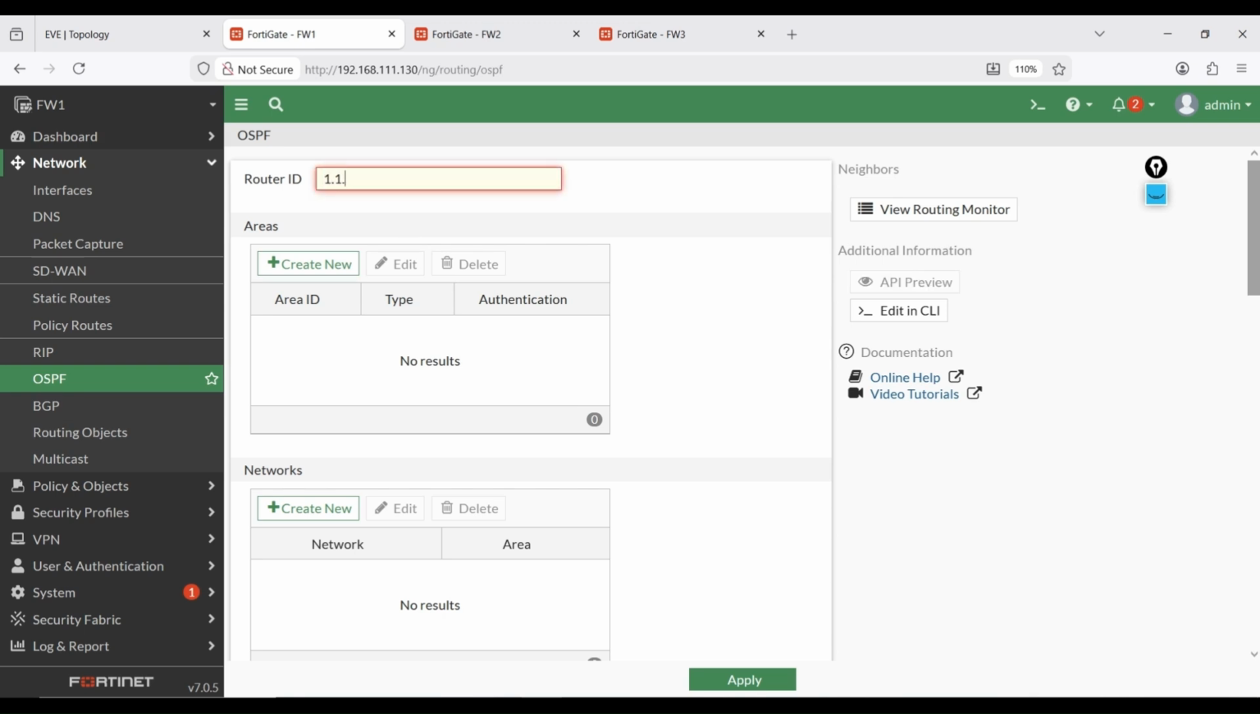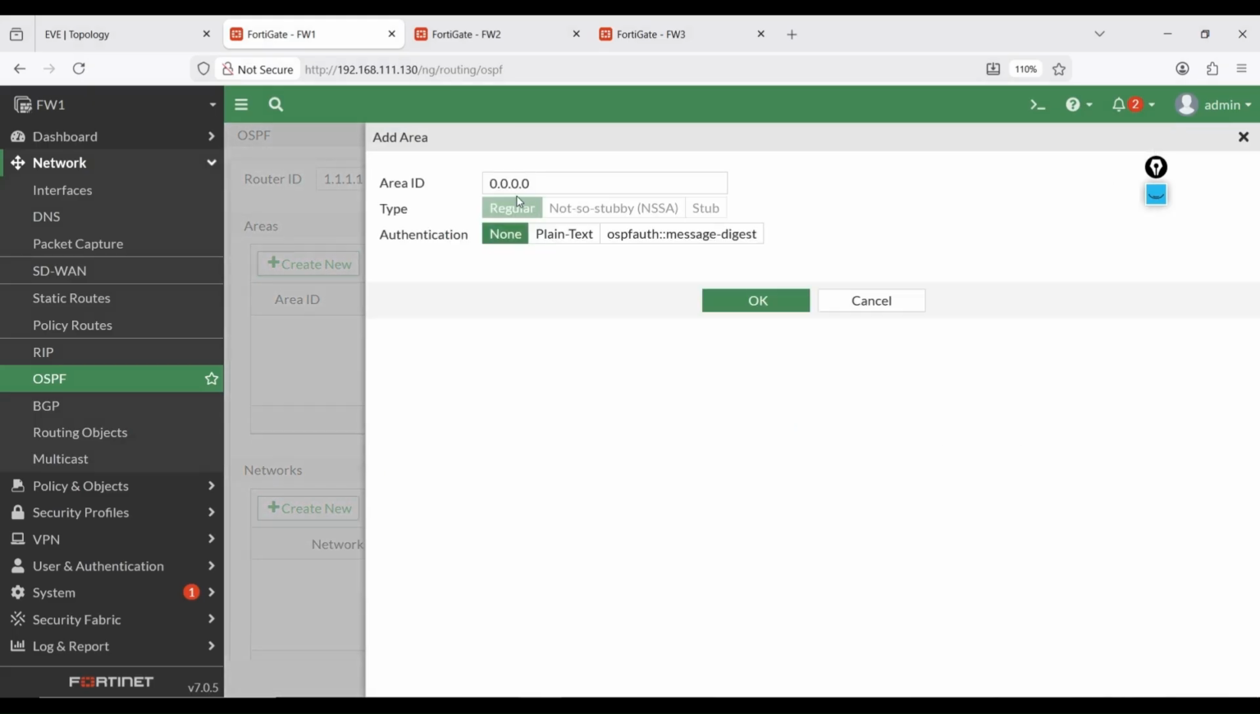Let me use 1.1.1.1 for router 1. And for area, as I said initially, there should be an area 0 connected directly or indirectly to each network participating in OSPF. So we are not making it complicated. We will create area 0 itself, and we will put all the networks in 0 so that they can communicate. Here you can see the type cannot be selected,